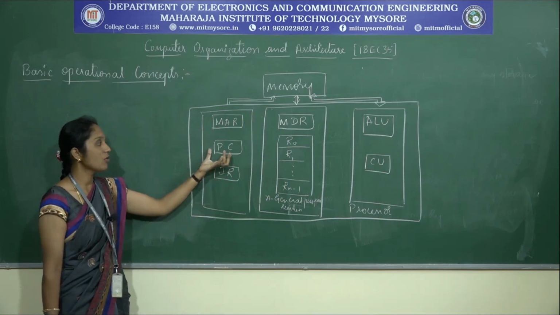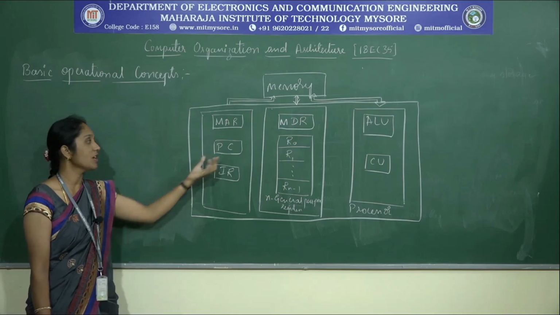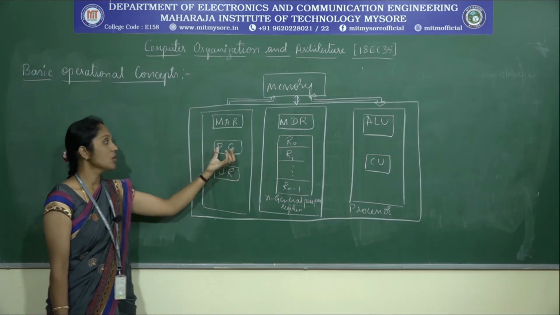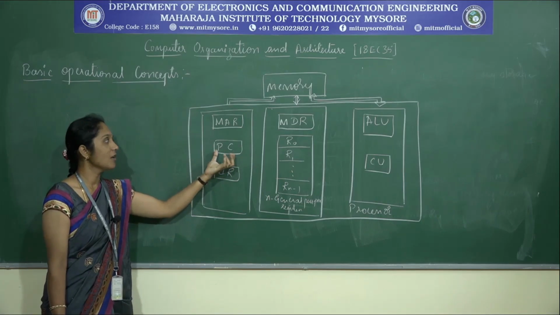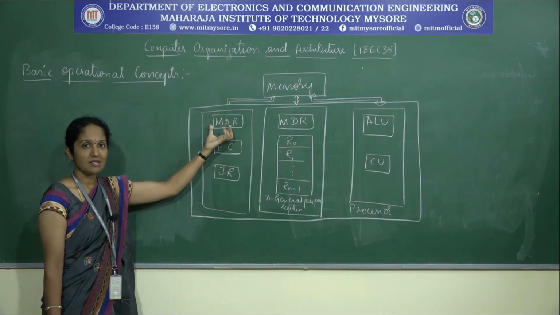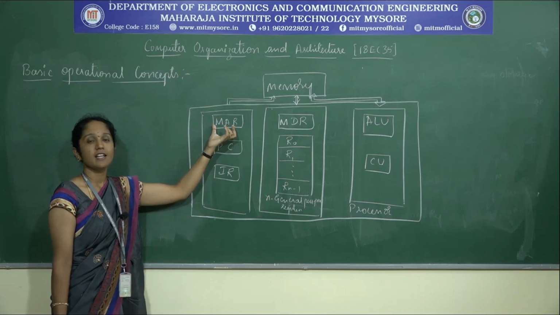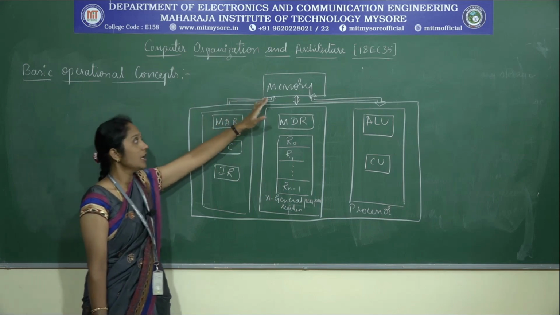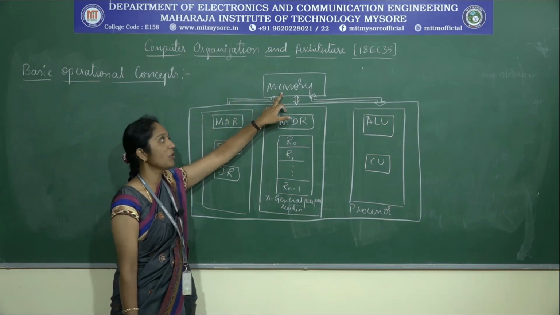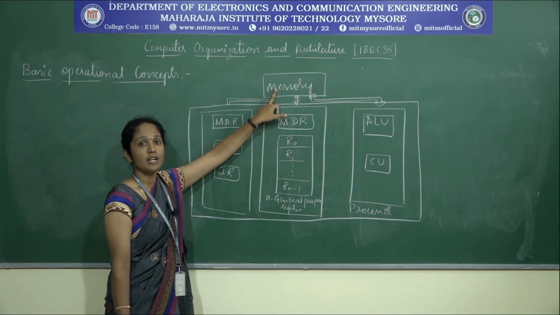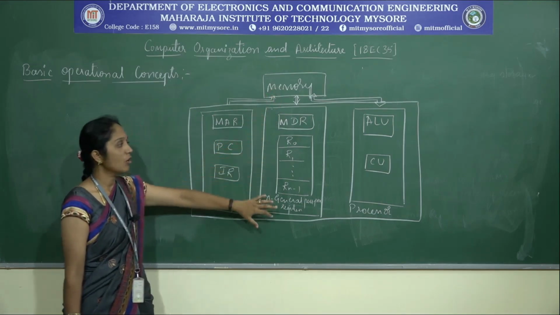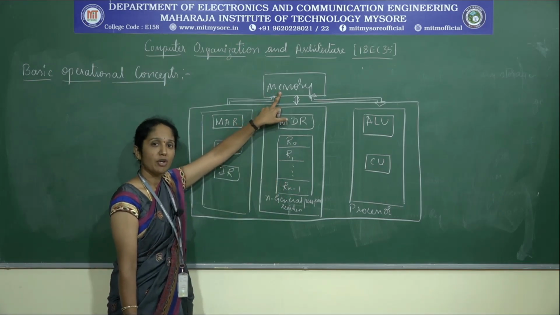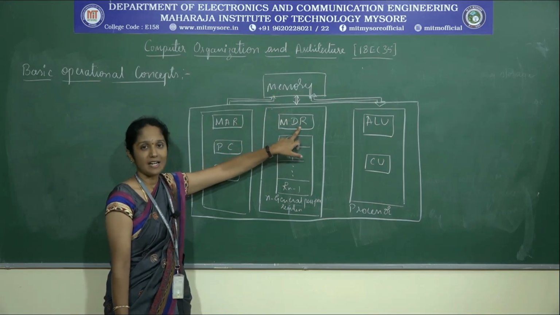As I said, as soon as the execution starts, the program counter will have the address of the first instruction to be fetched and executed. Therefore, the contents of PC will be transferred into the memory address register. The memory address register contains the location in the memory which is to be read, and the MAR will read the contents of the memory. Once the time required for the reading operation has elapsed, the control unit will give a signal so that the contents of that particular memory location will be transferred into the memory data register.